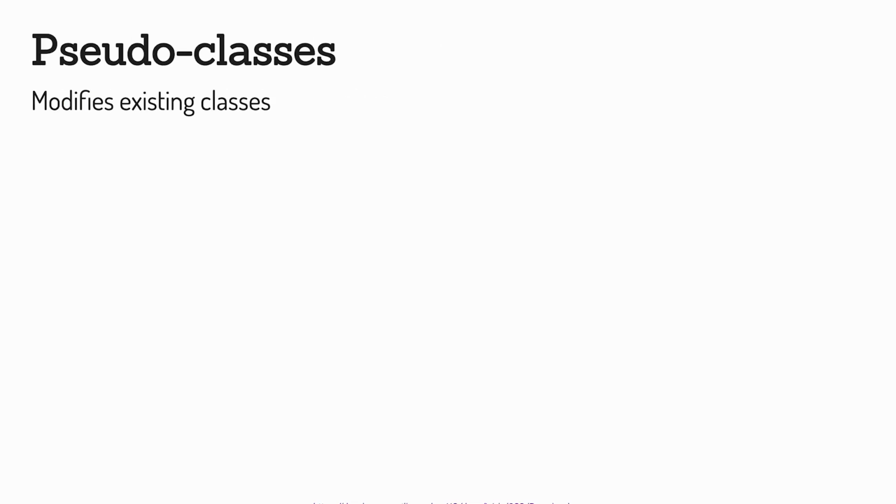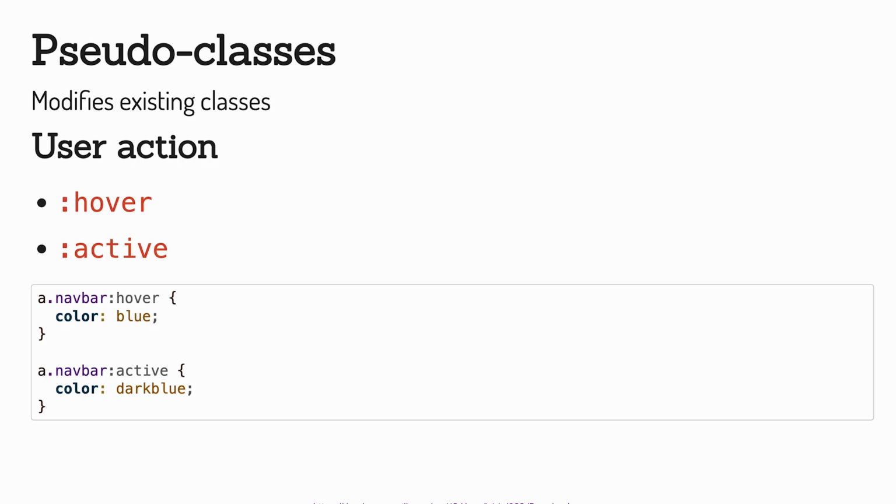One other type of selector I want to showcase is the pseudo classes that modify existing classes in different ways. And one you will see a lot is the hover and active one. So the hover pseudo class changes the style of something that is being hovered. So when you have the mouse over it, it will apply the style we see specified in here. And active, we can see that if we have a menu or a nav bar where we are on a specific page, we can say whatever page we're on right now should be styled differently than the rest.